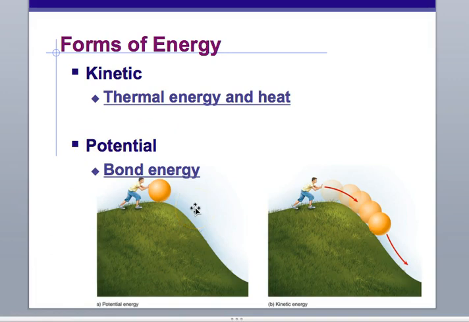If you're a plant and you're storing carbon that you made from carbon dioxide and sunlight and water, you're going to store it in a complex sugar. Well, we then take that sugar and we break it down, and we use that heat that comes from breaking that bond to create our own potential bonds when we're building muscles and tissue and other kinds of things. So the more potential energy you have, the more kinetic energy you can get out of it.